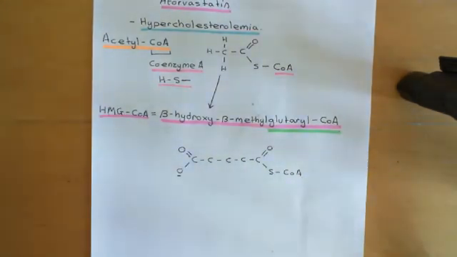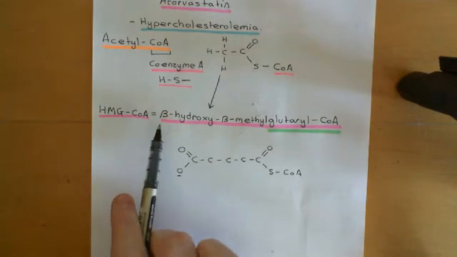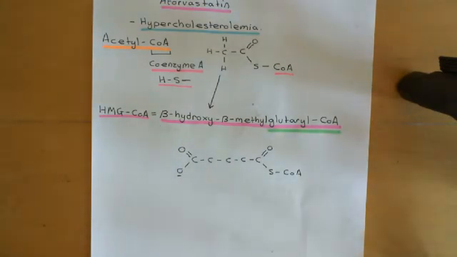But we don't want glutaryl-CoA, we want beta-hydroxy, beta-methyl glutaryl-CoA, so we need to stick an alcohol group and a methyl group off this molecule at some point. So we're going to stick them off the beta carbon. Now, what is meant by the beta carbon? Well, this is old nomenclature, basically. It wouldn't be called this now if we were to use more modern nomenclature,